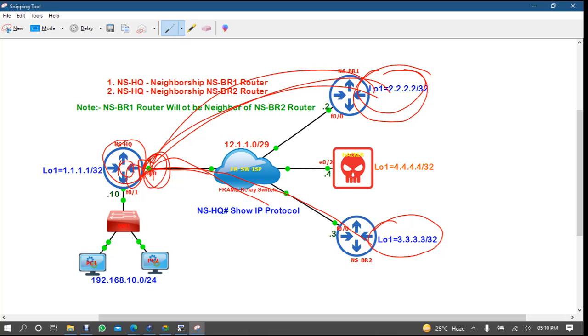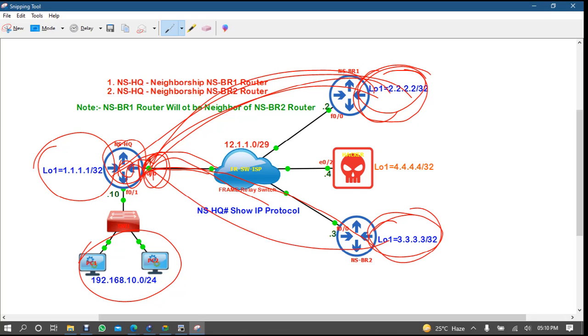I will advertise 1.1.1, but I am receiving 2, I will keep it, but I will not advertise this 2 on the same interface. Yes, I will receive 3, but again I will not advertise it on the same interface. Why? Because I have a single link.